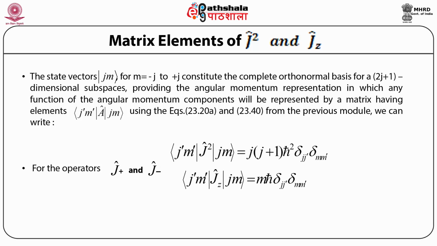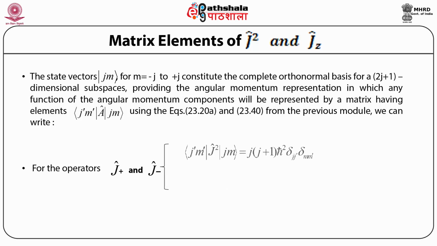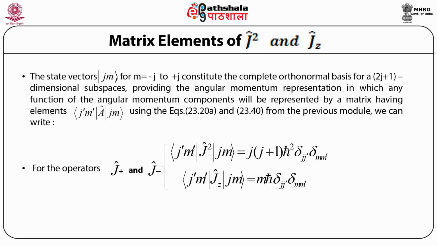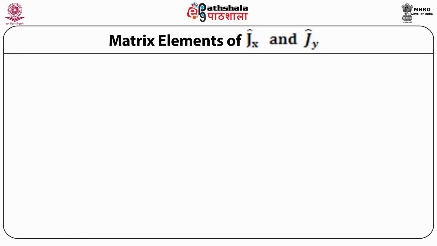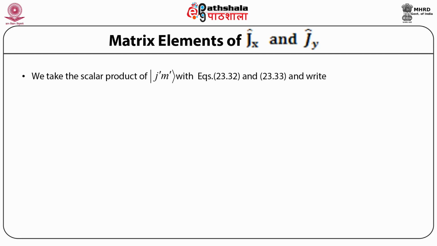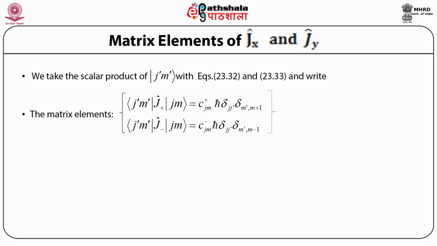And the values of these can be found out by taking the scalar product of these with the ket vector J prime M prime. Matrix elements of Jx and operator Jy. So now, in order to find out the values of the operator J plus and J minus, we take the scalar product of these operators with the ket vector J prime and M prime, and the matrix elements of these scalar products turns out to be